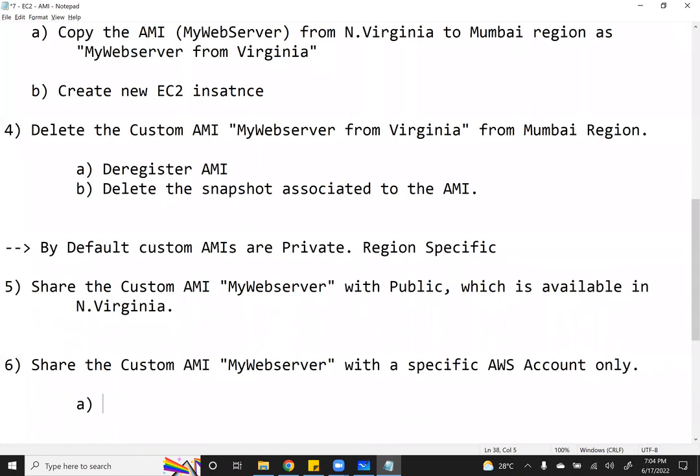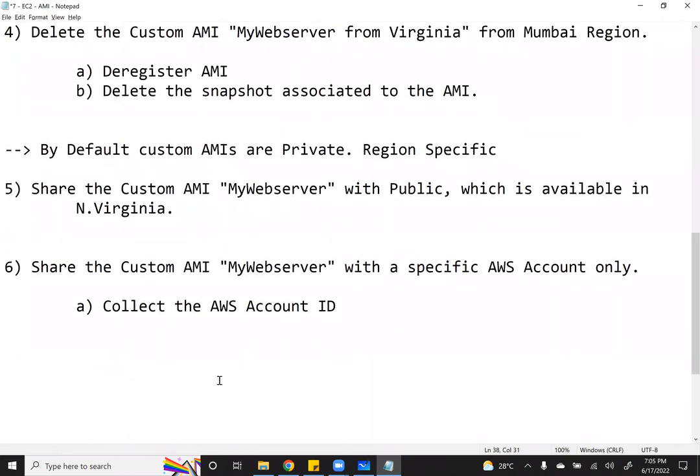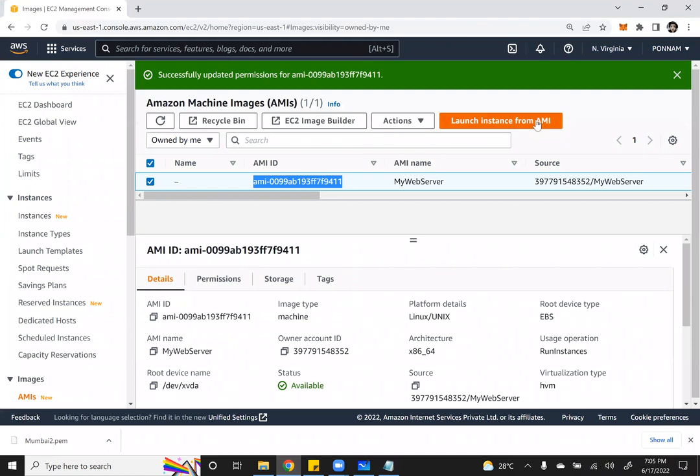For this, what we have to do is collect the AWS account ID with whom you would like to share. You have to get their AWS account ID, and then we can share it. So let us see how to do that. I need to get an account ID, which is 12 digits. From where can we get it? Let us say I would like to share with your Amazon